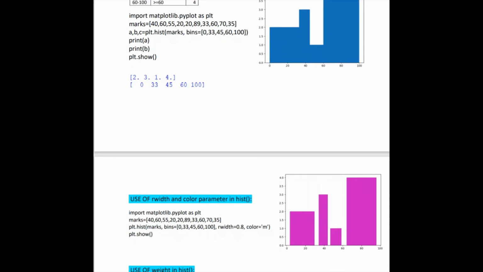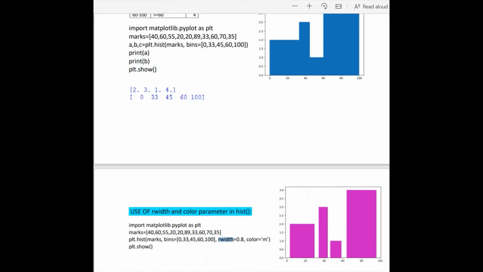Next are other parameters of the hist function we are going to focus upon. In this example, the same data is taken from the previous examples. Marks and bins are also the same. The custom bins total, because we are passing 5 values, that means 4 bins have been created. rwidth is the new parameter. For each bar, the width has been reduced from 1 to 0.8 by us. By default it is 1, so right now it is 0.8, and the color has been changed to magenta as well, and this histogram has been shown in the next line. The rest of the things are the same, but the output will appear different from the above one because the rwidth is also changed as well as the color.